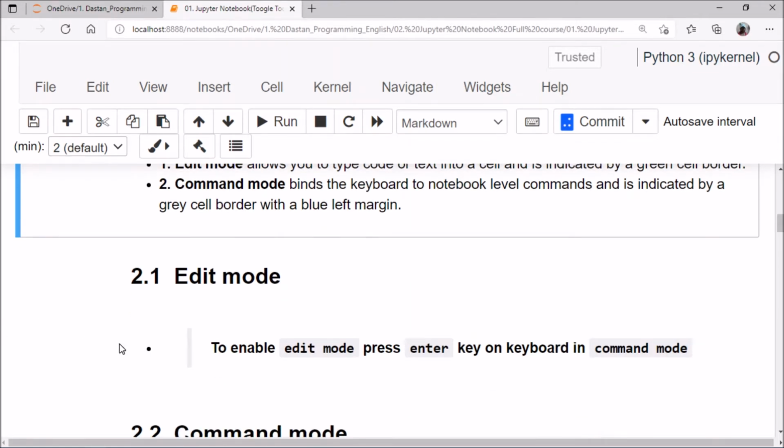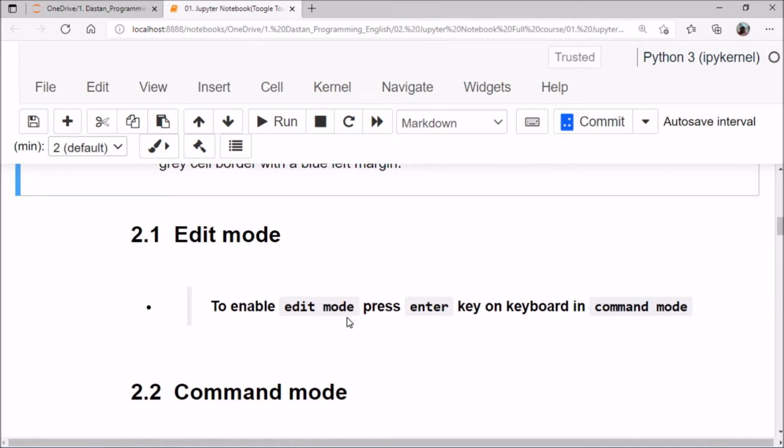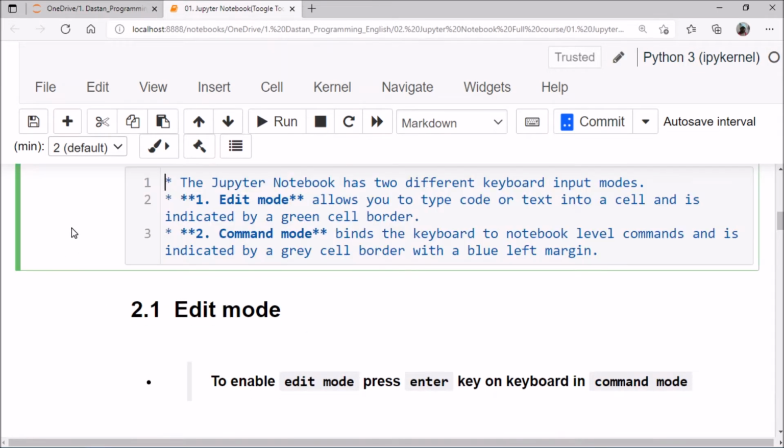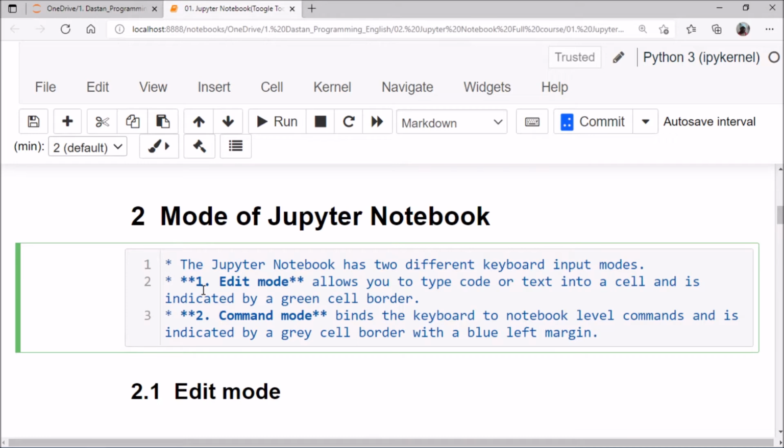Another is the edit mode. To enable edit mode, just press the enter key on the keyboard in command mode. Suppose this is the command mode. When I hit enter, it comes inside the edit mode. Edit mode means you can see the green cell border and the green left margin.